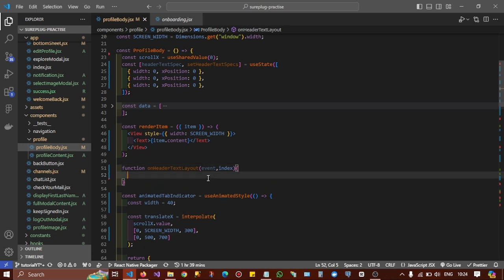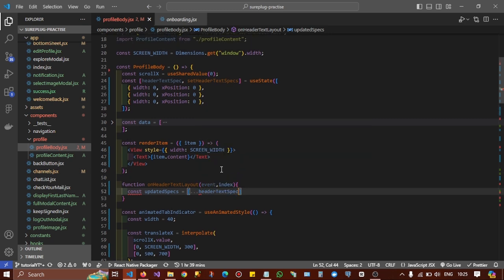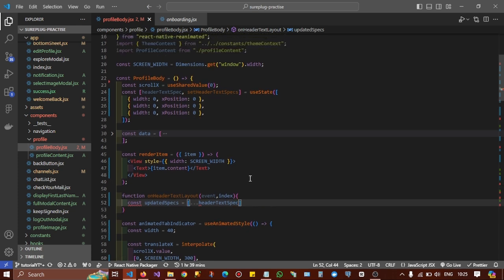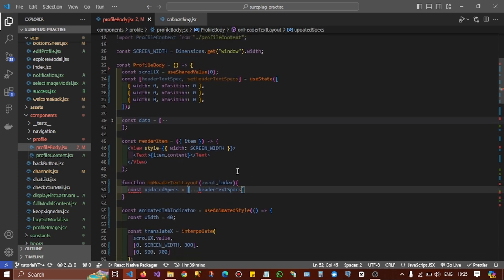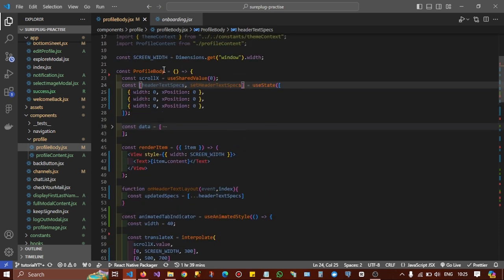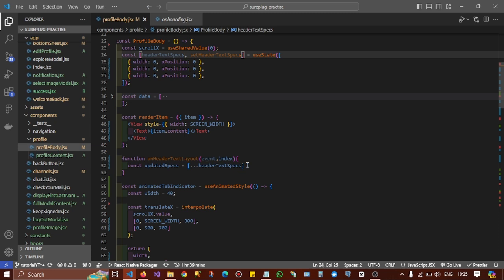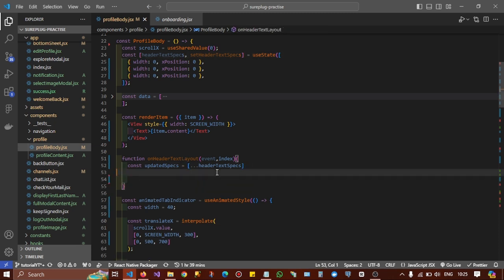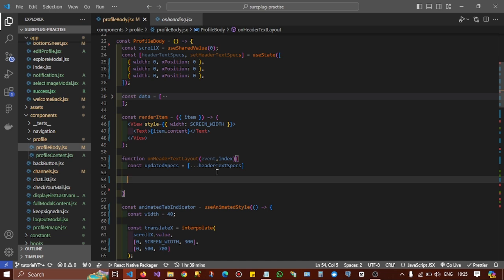So say const updatedSpecs equals, or copy out the default header text specs, since we'll be changing the useState, and we don't want to directly apply our changes here, so just create a variable and spread out the details into the variable. Then we would